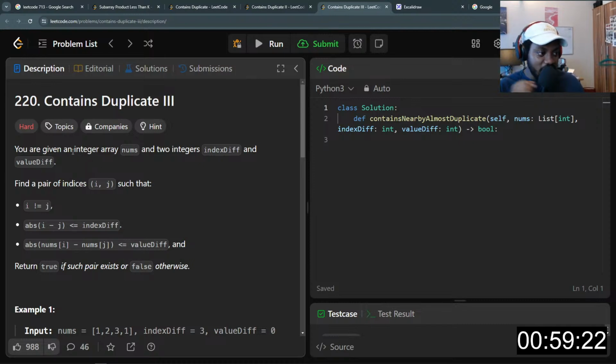So you are given an integer array nums and 2 integers, index diff and value diff.